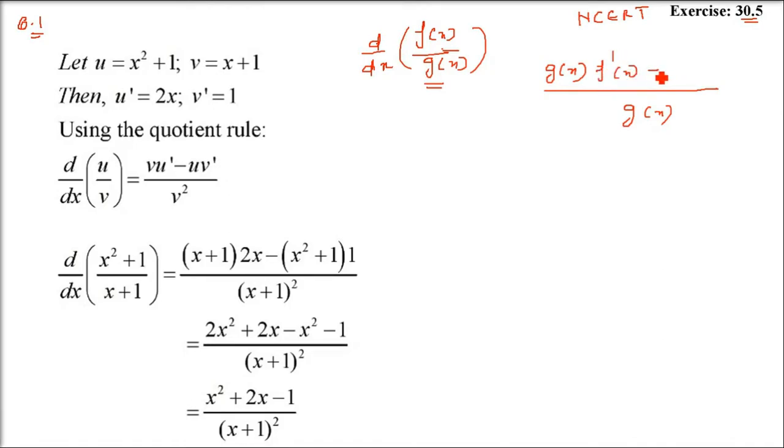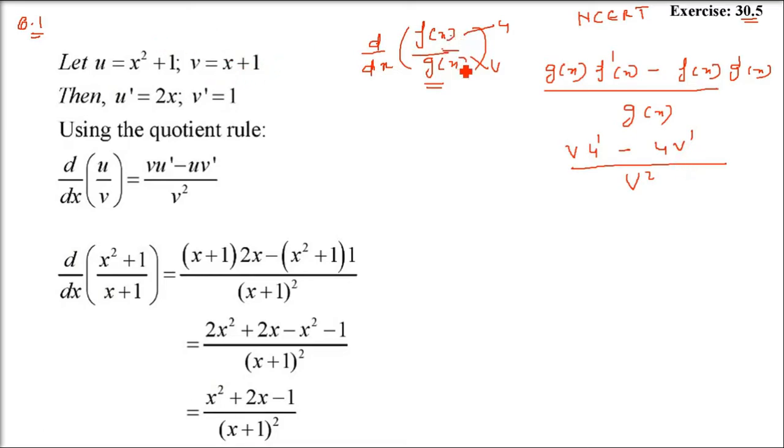Now the negative sign you have to use. For the product rule we add, but for the quotient rule we have to subtract. You have to write f(x) here and then g dash x. Now if this is u and this is v, how will it change? The denominator will be v square, this is v, this is u dash, minus you have u and v dash. This is how it is done.